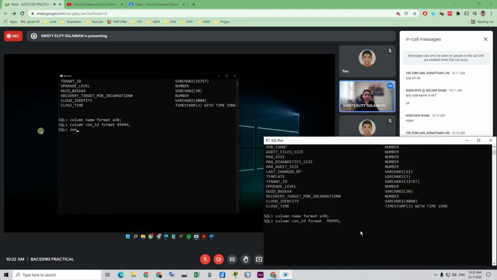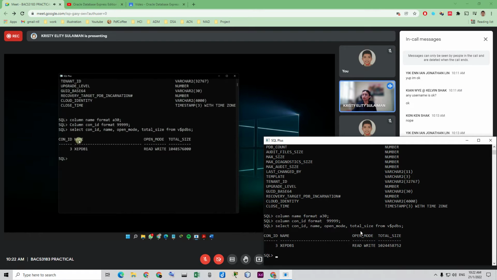Let me try first. You can try it on your own also. This one can be done. So now we want to display it. Okay, so the column name format.